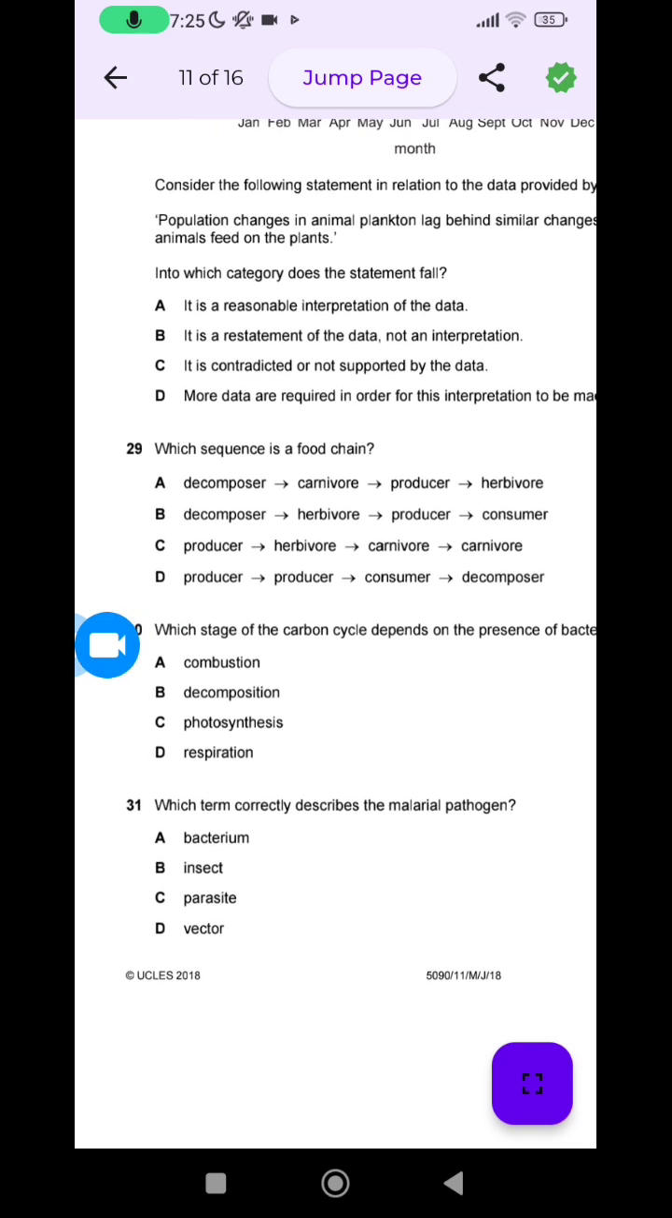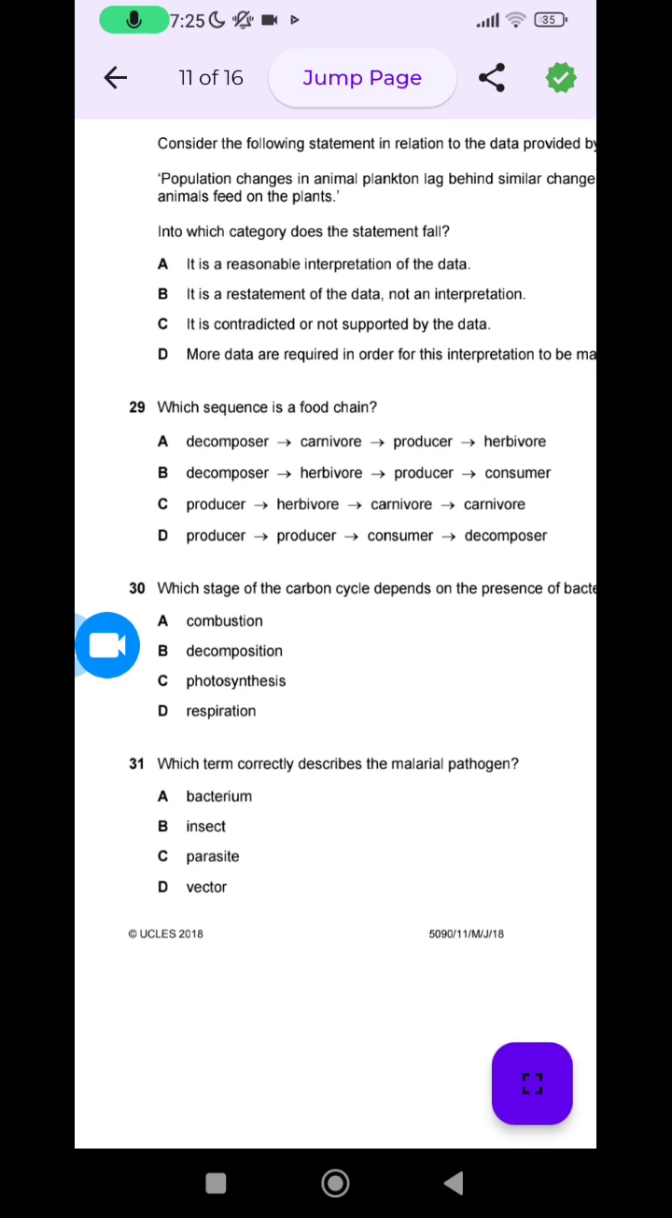29. Which sequence is a food chain? As we know, a food chain is always going to start from a producer, which in here starts from C and D, so A and B are already incorrect. Then after a producer comes a herbivore, then a carnivore, and then another carnivore, which can easily be seen in